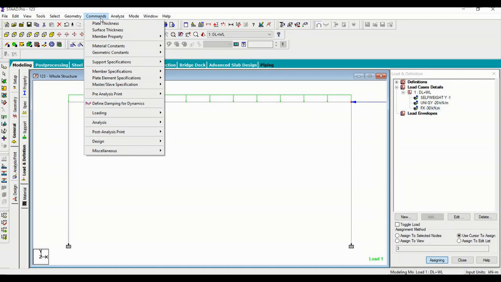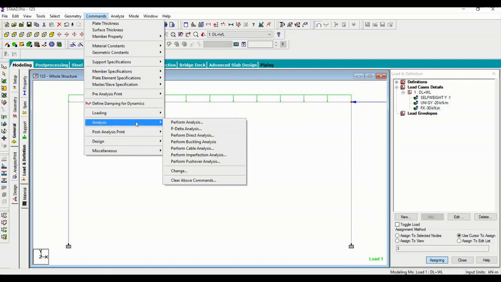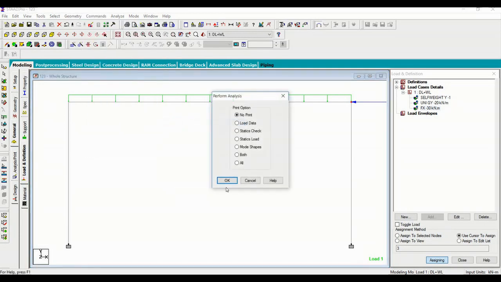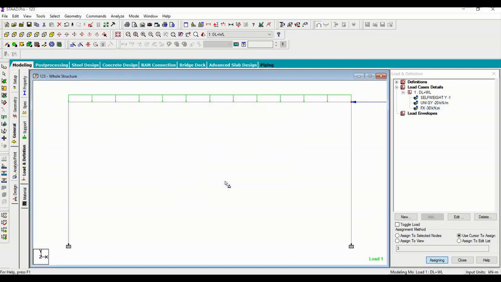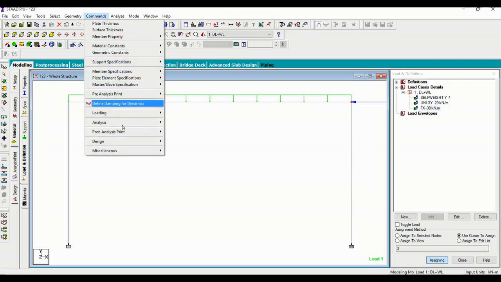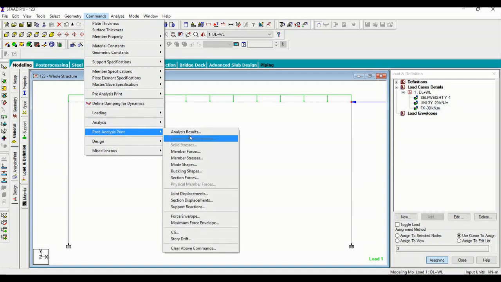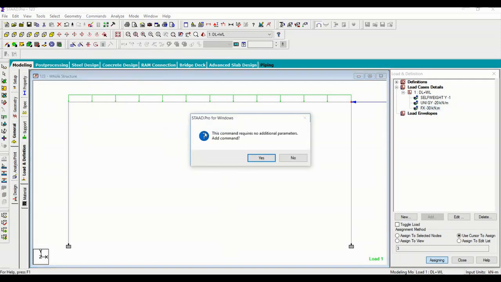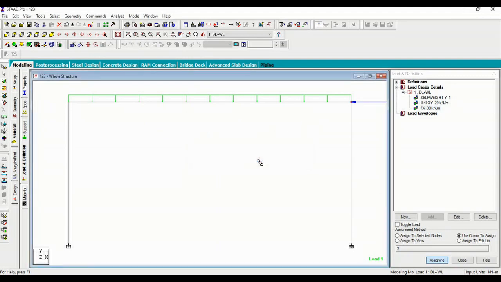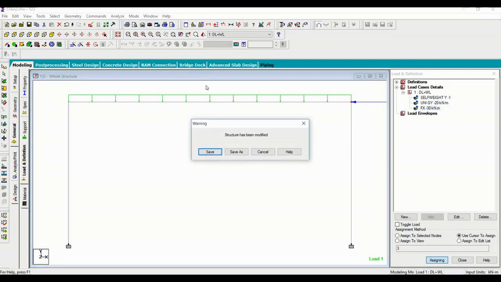Click on command, analysis, perform analysis. Again command, post analysis print, analysis result. Yes. Last part is analyze, run analysis. See,